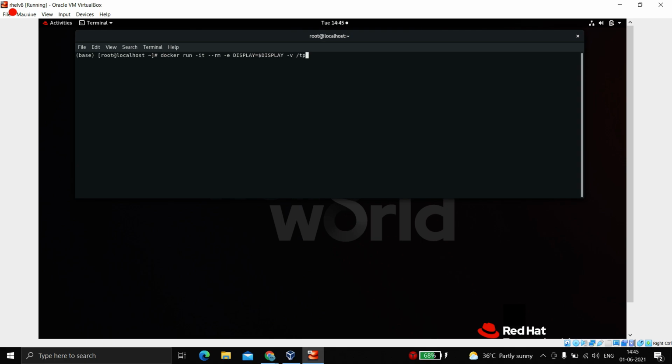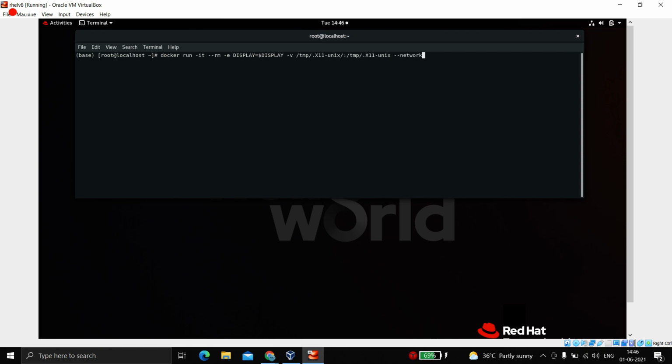Then we need to attach a volume. It is in the temp folder, and if I am not wrong, it's x11. Now x11 is a property through which we can run GUI applications from any system, like a remote system, or in our case a container. We need to mount it in the same place, because we are sharing it. This is kind of sharing the resources of our host system with our container for running the GUI applications.